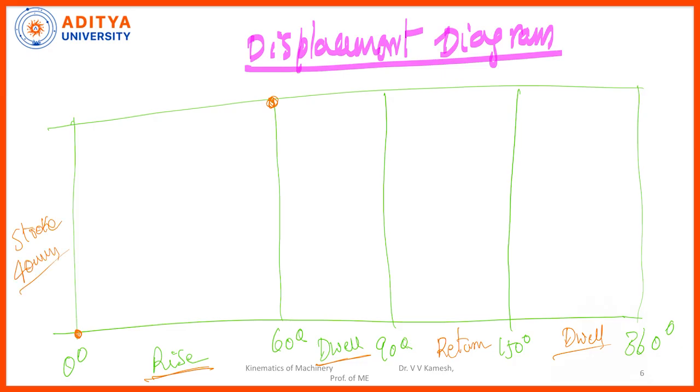Now, the cam will rotate 60 degrees to reach the follower point, that is knife edge. Knife edge means very simply, it is the point of contact between the cam and the follower, just like I am showing my hand and I am showing the pen. So, the point of contact is just only a tip, right. So, just like the tip, it is also called knife edge, right. So, this knife edge follower